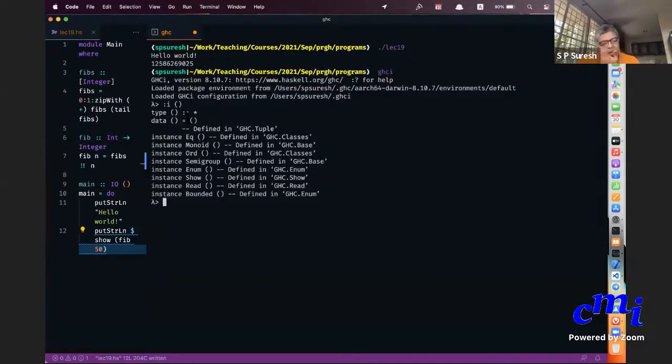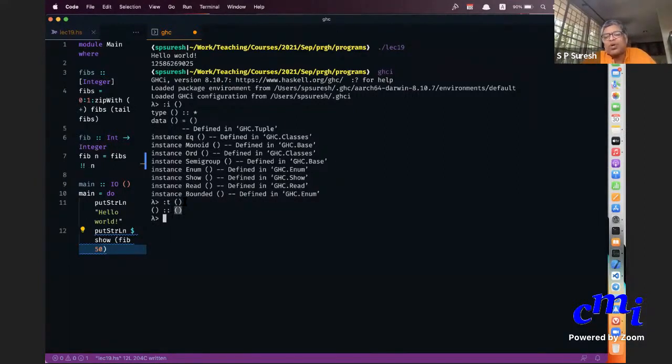Okay, you see that it is both a type and a data. There are too many things which you might not be able to understand now, but the important thing is it's both a type and a value. So if you ask what is the type of this, you will receive that this is both the data value and also the name of the type. And this data value just stands for some dummy thing.